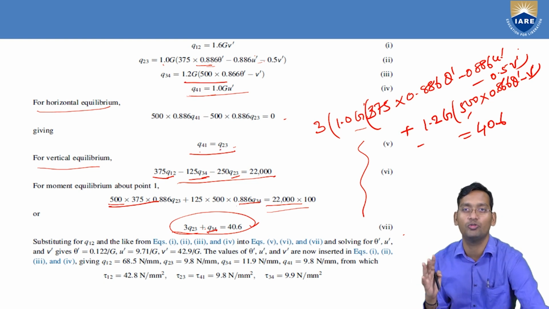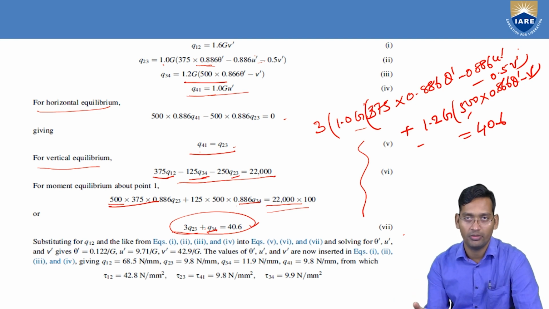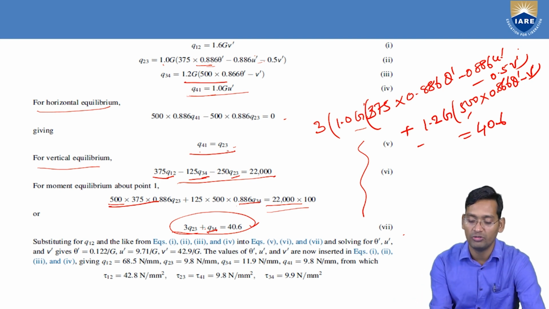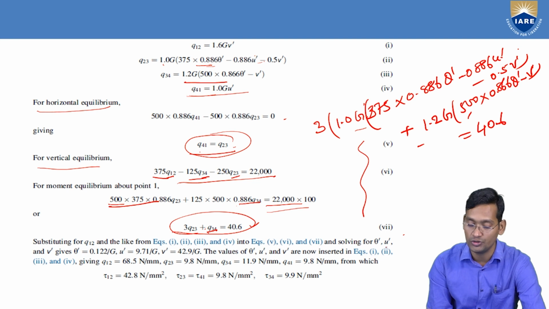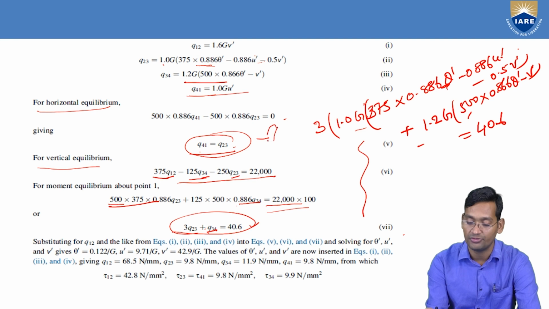So means you can say 4 unknowns are there. You are getting 3 equations. So once you solve the 3 equations, right? You will get 3 values and fourth value will be equal. So after calculating these things and solving for theta dash, U dash and V dash, just equate to 0, everything is there here, theta dash, U dash, V dash. So 3 unknowns are there, right? We got the 3 equation, first substituted then in this case, then second from this one after substituting the value